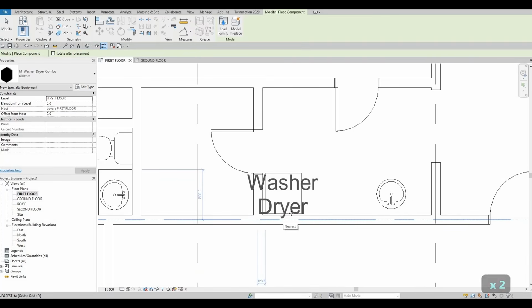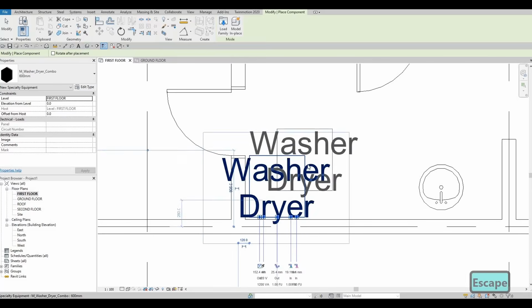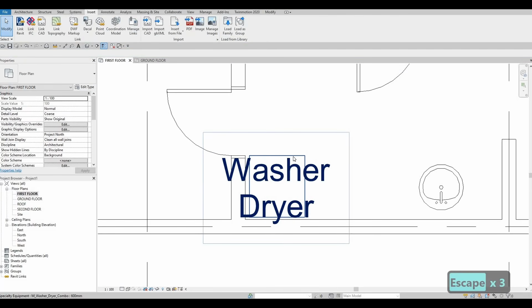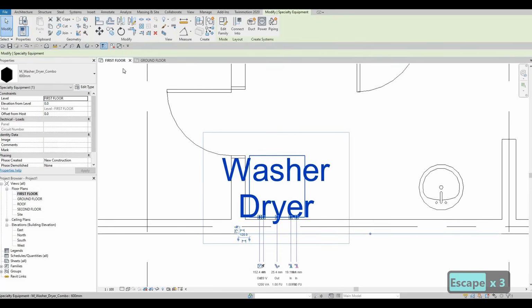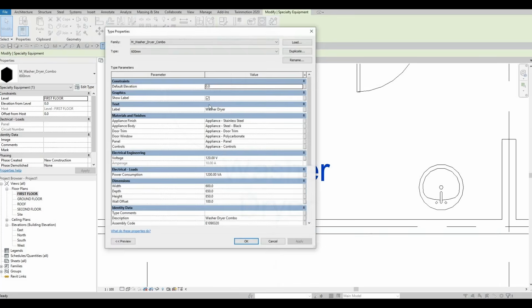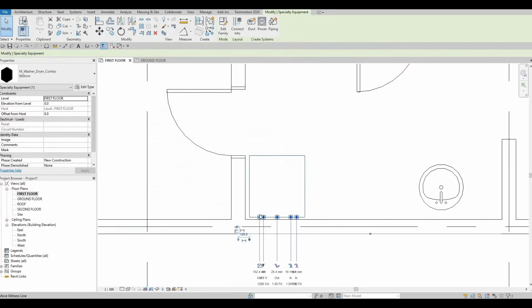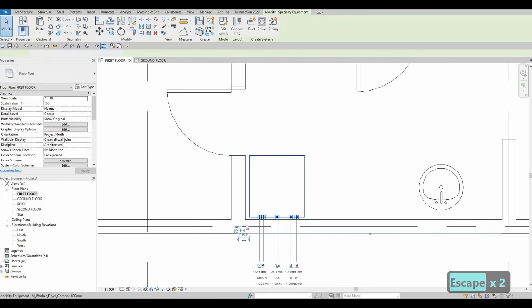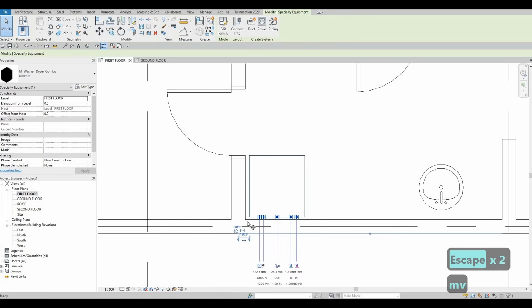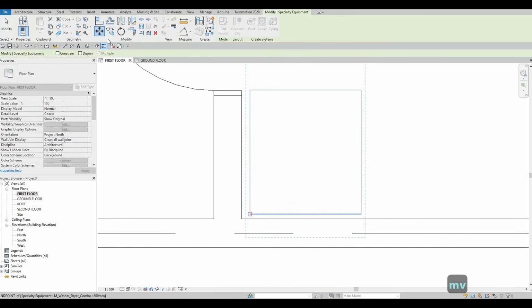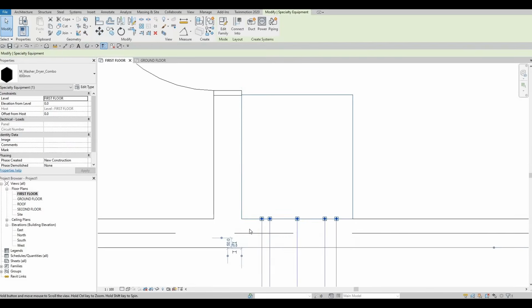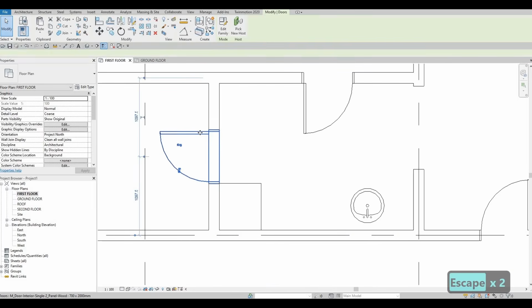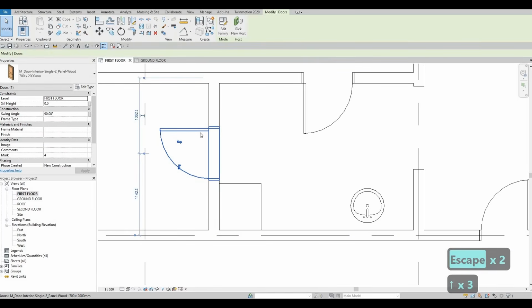We want it to be in the corner, so let's add that first. I don't want the labels to show, so I'm going to select that, edit type, and then uncheck here. Apply, okay, and then here I'm going to select that, MV to move it. You can also use this icon right here, and then let's move it onto the corner, and then give this one some nudge